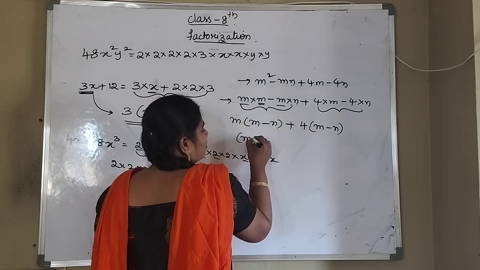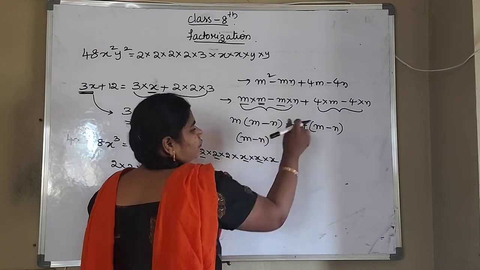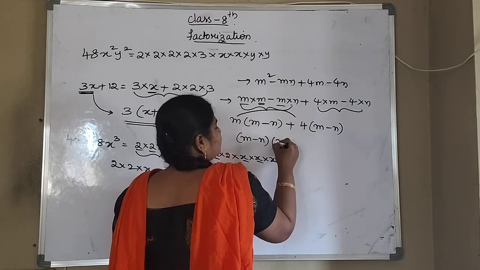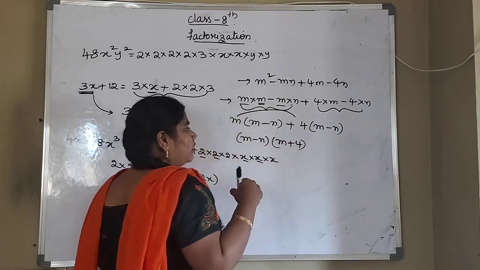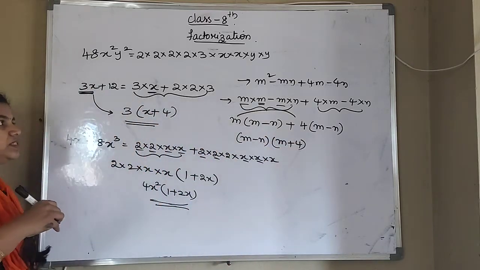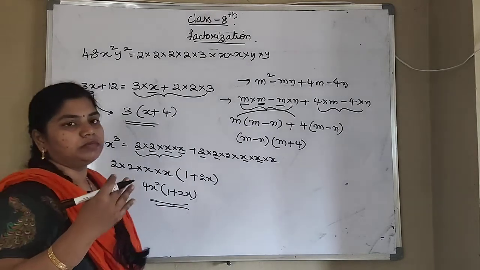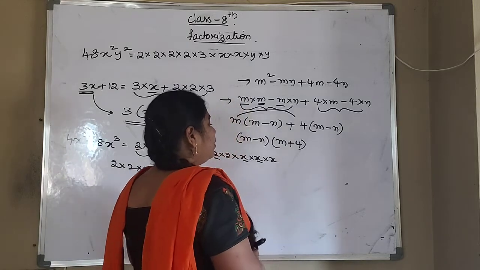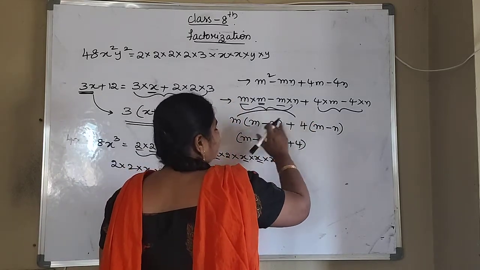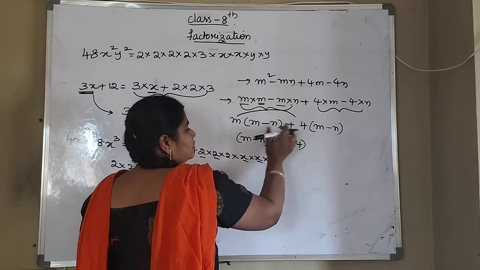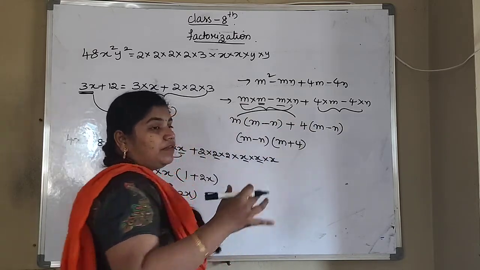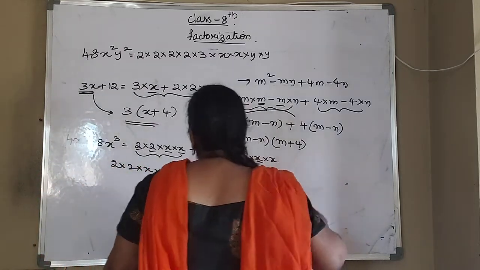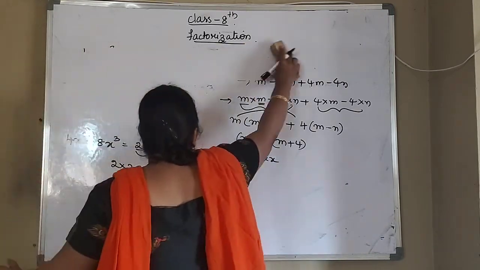So these two factors are the same. What is the first common factor? That is m minus n is the first common factor. And what is the remaining factor? m plus 4. This is the other remaining factor. Okay, so this is how you will factorize the four given terms. And one more method I will show you: whenever you do not get these two as the same terms, we have to rearrange the terms there. Okay, so how to do that we will see. How the problem will be there.